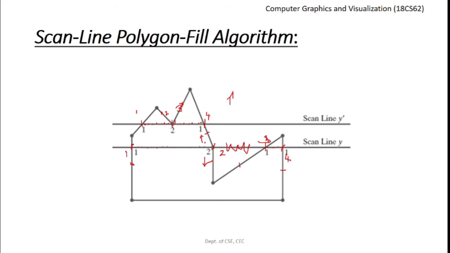If we consider this case, scan line Y, the edges are on the opposite side. One is above and one is below. In such a case, we need to consider the number of edge intersections as only one. So what is the rule? If a scan line passes through a vertex and the edges meeting at that vertex are both on the same side of a given scan line, then we need to consider both these edges. If they're on the opposite side, then only one of the edges should be considered. We need to consider the number of intersections at that vertex as only one.